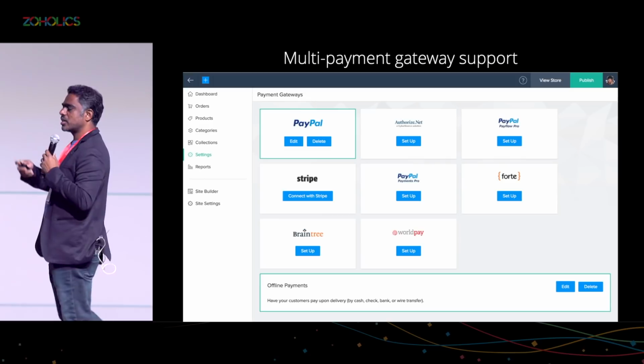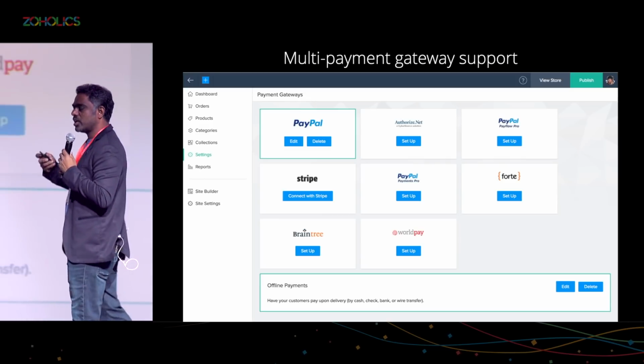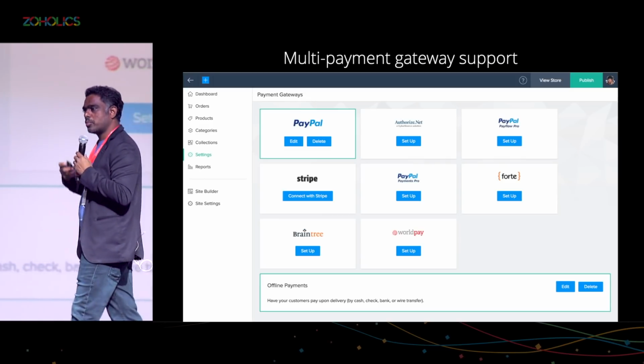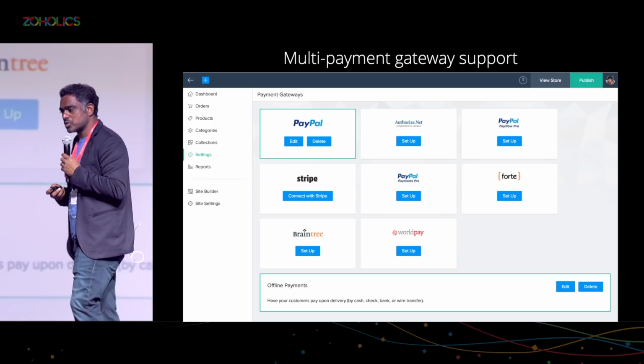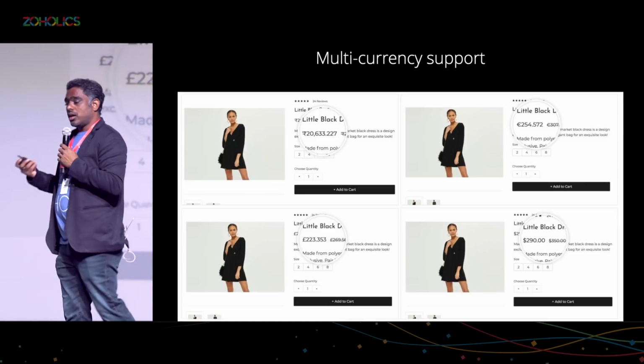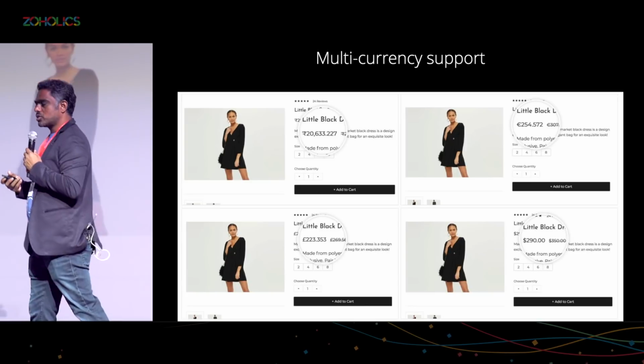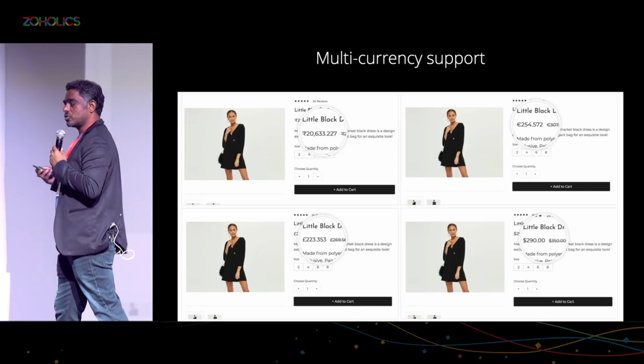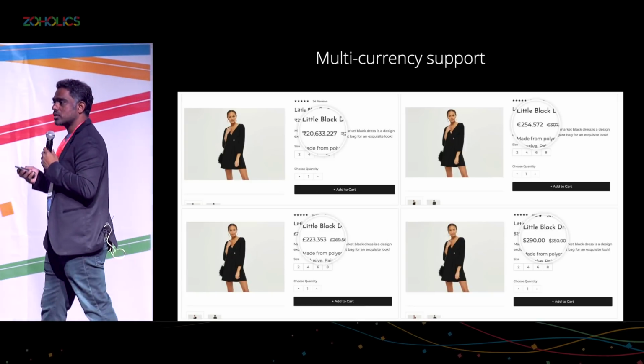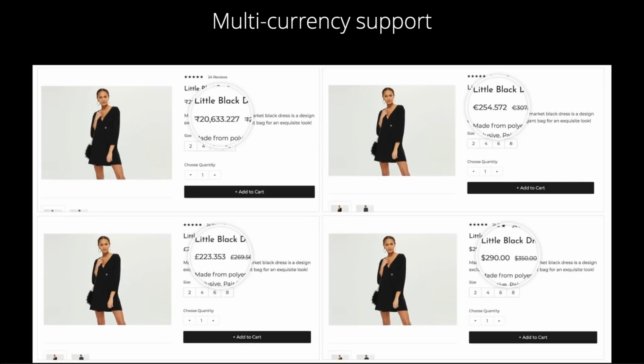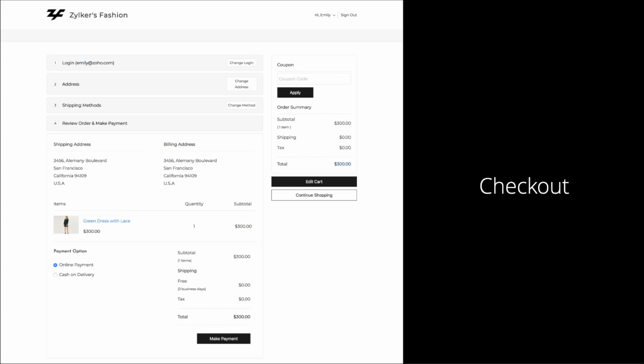And you can integrate your favorite payment gateway, and that is the gateway that will be used to process the payments on your e-commerce store. And of course, because we also support payment gateways, we also support multiple currencies as well. So you can take orders from multiple regions as well.